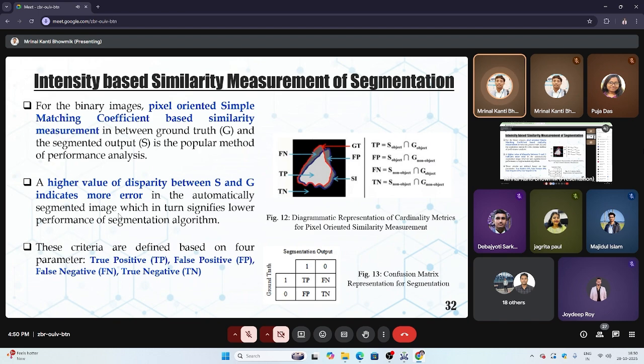Suppose in the case of Figure 12, we see that the red boundary area belongs to the ground truth and the blue boundary area represents the segmented output generated from machine level algorithms, that is UNet or SegNet. So basically true positive is the intersection of the segmented object divided by the intersection of the segmented object towards the